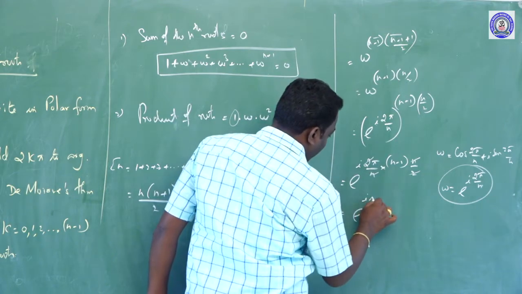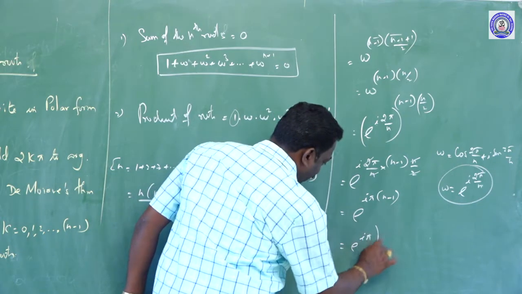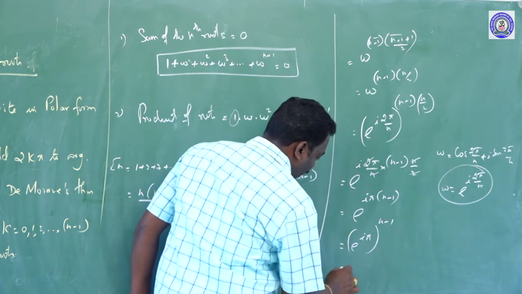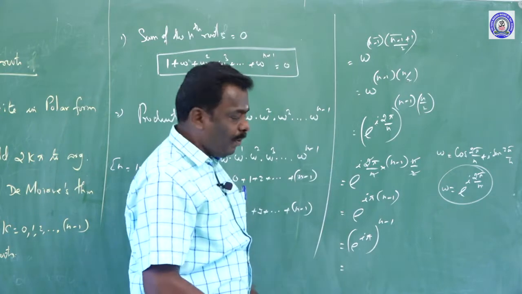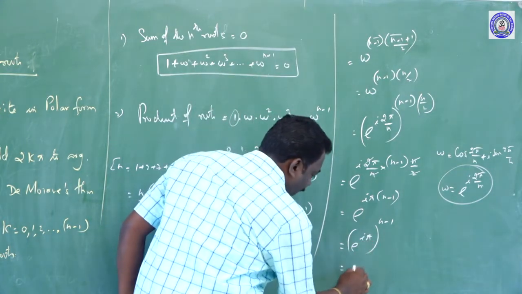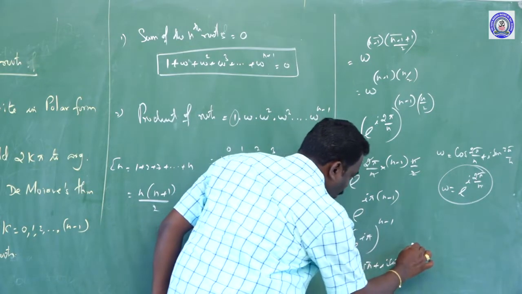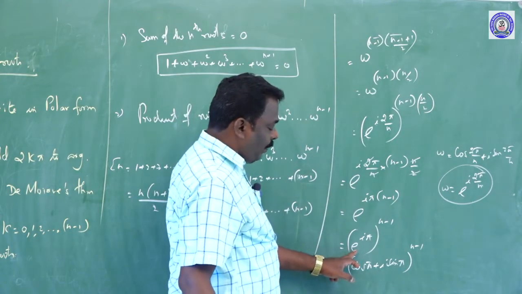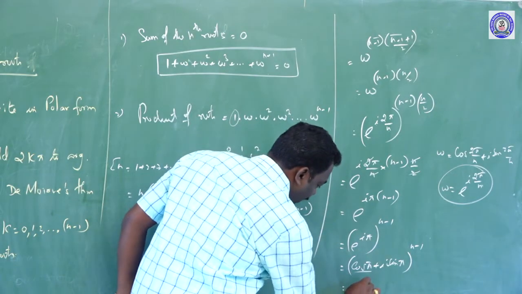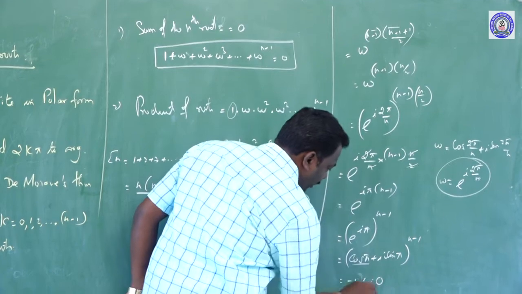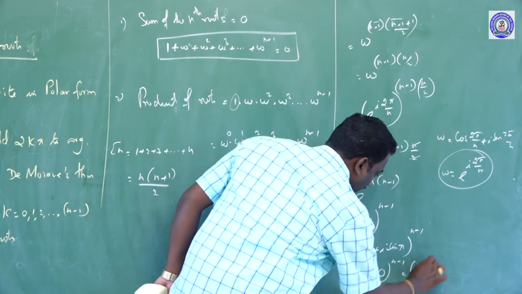that is equal to e power i into the remaining pi, pi into n minus 1 remaining. That is equal to e power i pi, keep it inside, and outside we have n minus 1. Now convert the exponential form to polar form. What is the polar form of e power i pi? Theta equals pi here. Therefore, cos pi plus i into sin pi is the polar form, whole power n minus 1. The exponential form, that is Euler's form, converted into polar form. So we know cos pi equals minus 1, therefore minus 1 plus i into sin pi equals 0, whole power n minus 1. That is equal to minus 1, whole power n minus 1.